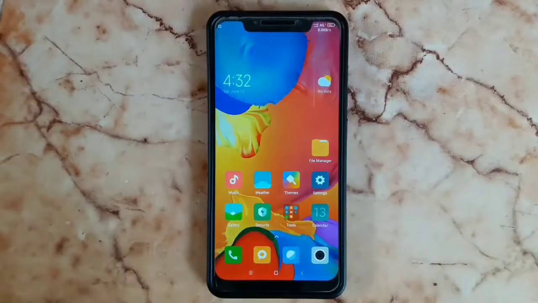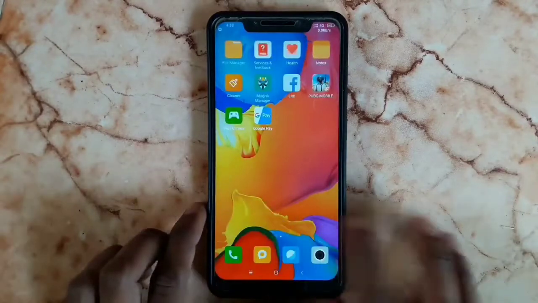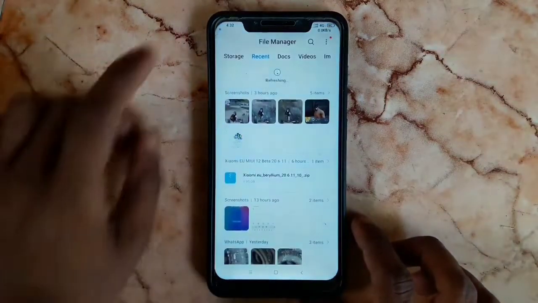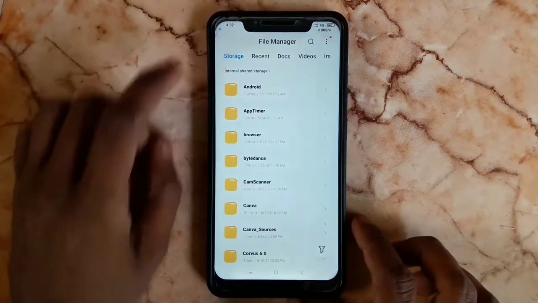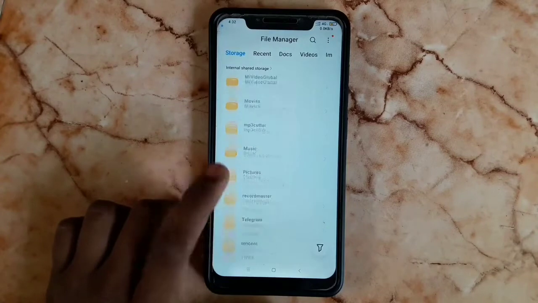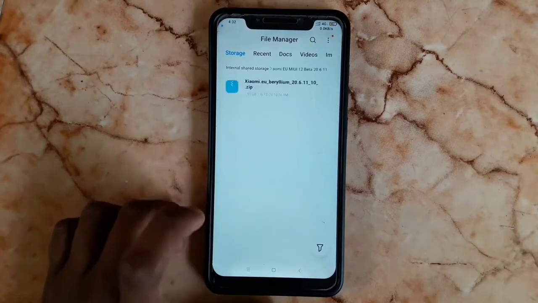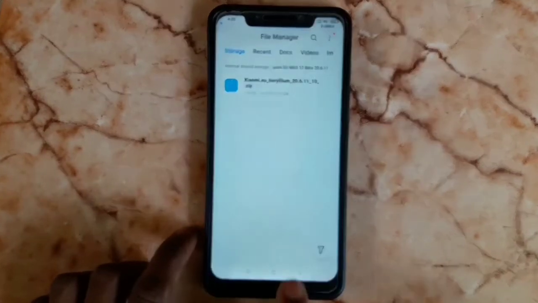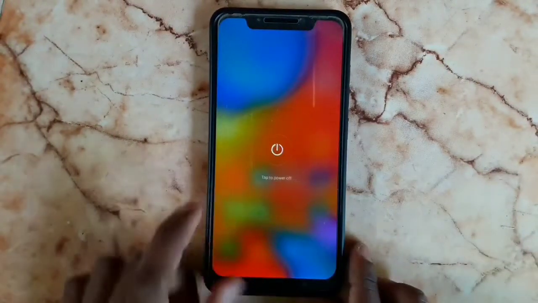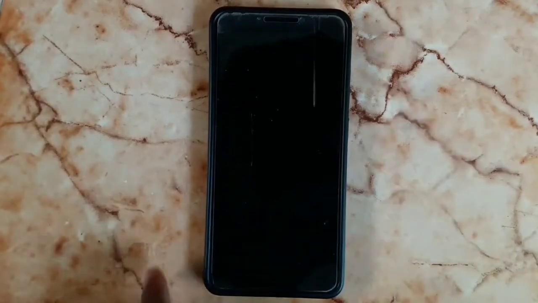First, you need to download the ROM through the description link. Create one folder in your phone storage and move that file to that folder, because it's easy to find while flashing the ROM in TWRP recovery. Before doing all this, you must flash TWRP recovery and flash through TWRP. Don't try to flash any other way, because it sometimes gets a boot loop.